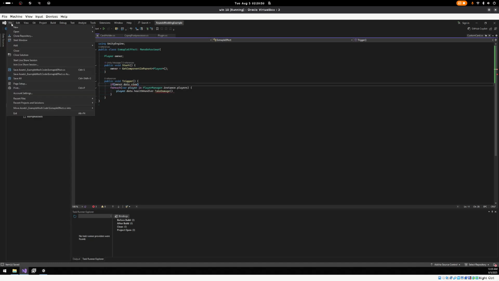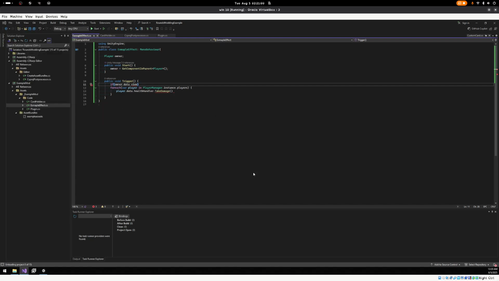Now if I just reload the file, which it should be doing automatically, and I don't know why it isn't, but it's not hard to just reload it. There we go. Now I go owner.data.view.is mine, and so now it'll only run the code if it's the person's computer,